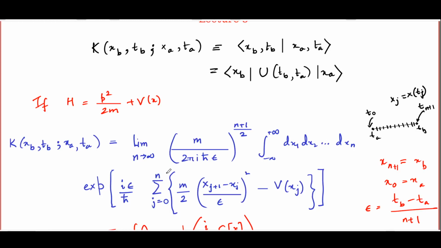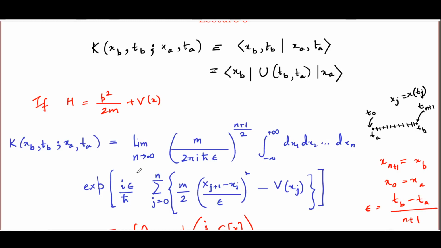Of course, we ultimately are going to take the limit where n goes to infinity, each interval shrinks down to a very, very small value. So this essentially is the value of the Lagrangian, m x dot square by 2 minus V of x, at the jth interval. You are summing up the value of the Lagrangian over each interval after multiplication by an epsilon. That essentially is what you do after you take the limit n goes to infinity, of course, when you want to calculate the integral of L with respect to time from time ta to time tb,